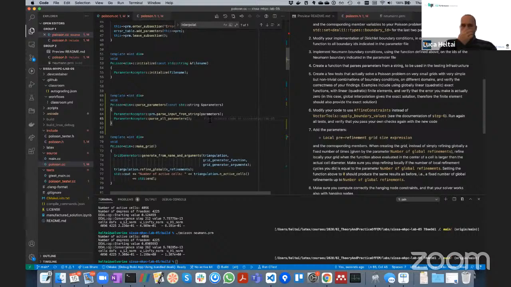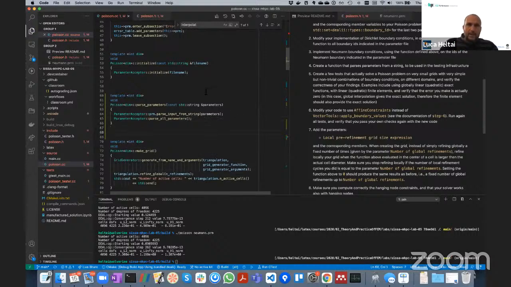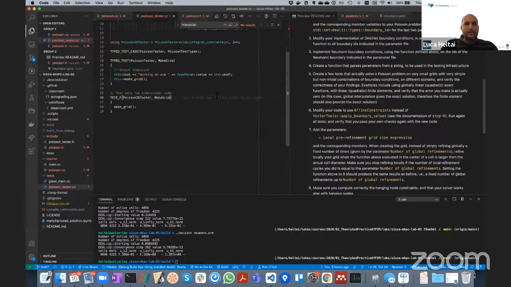Okay, so with this function, it should be possible to go to the tester, Poisson tester.cc that we have here, and say, for example, Poisson 2D tester. So let's make this only a 2D test. Okay, so I should be able to do, for example,